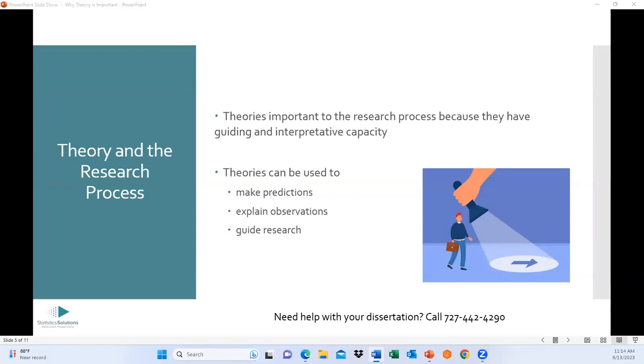It could guide research too. It can keep your research on track, in the sense that if you're using a certain theory, you shouldn't deviate from it. If you find yourself going down rabbit holes, which sometimes people do, they say, oh, this idea is connected to what I'm doing, and this idea is connected to that previous idea, and this other idea is connected to that. And then you look up and you're 20 ideas away from what you're really studying. If you keep focused on your theory, that can help you stay on track with what you're doing. So it can guide your research too.